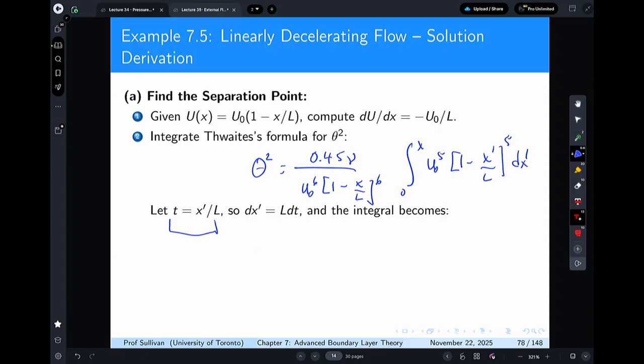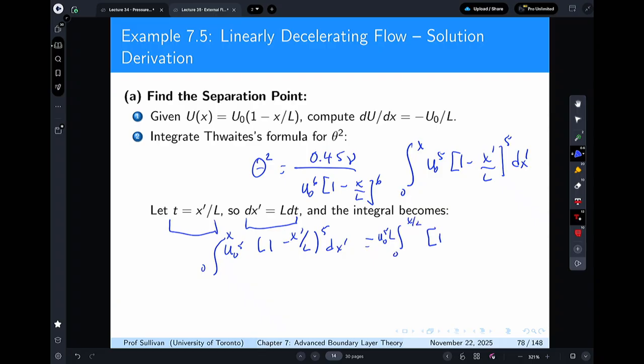So I'm going to set a couple things. T is equal to x prime over L, and dx prime is equal to L dt. That's a constant. The integral equals u naught to the 5th times L